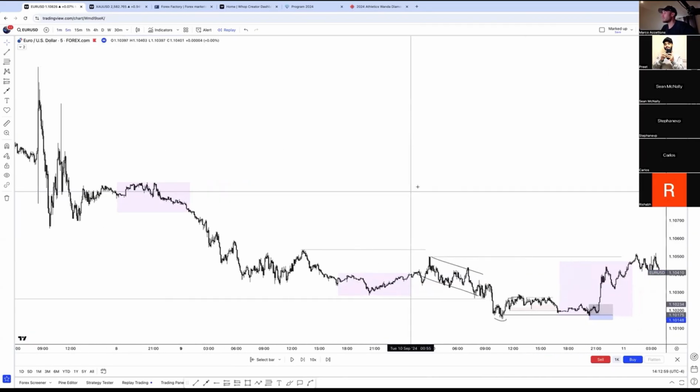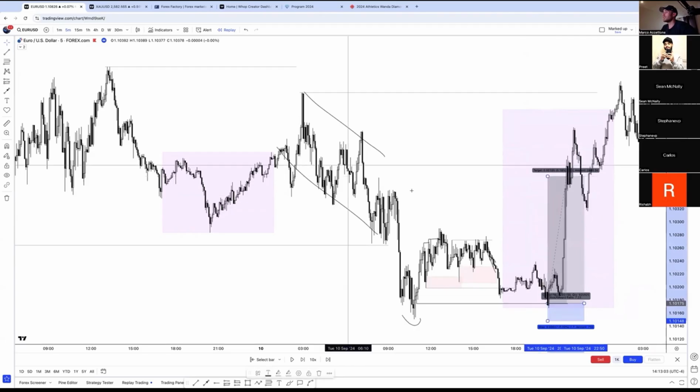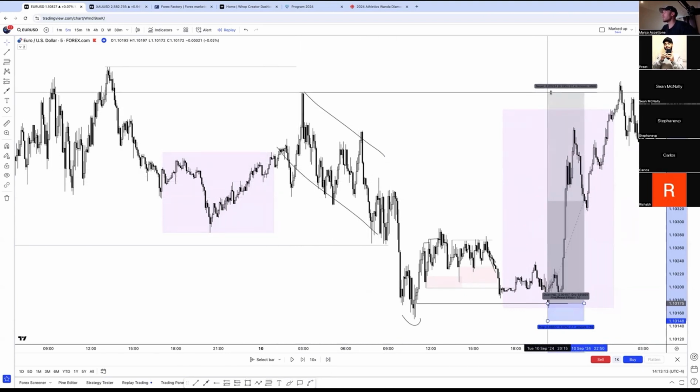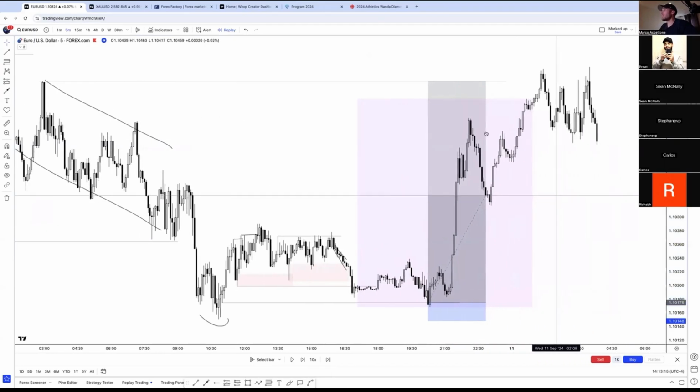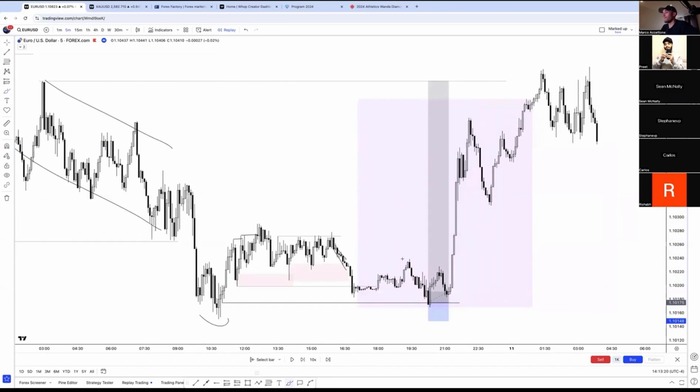Simple targets, don't have to get too greedy with it. It's just going to be, you have internal points here. We have more internal points here, okay? And then essentially this whole build up on the way down, you have this last high over here. You can definitely take good partials at. Why would I want to take decent partials here? Look what happens before you take the high.